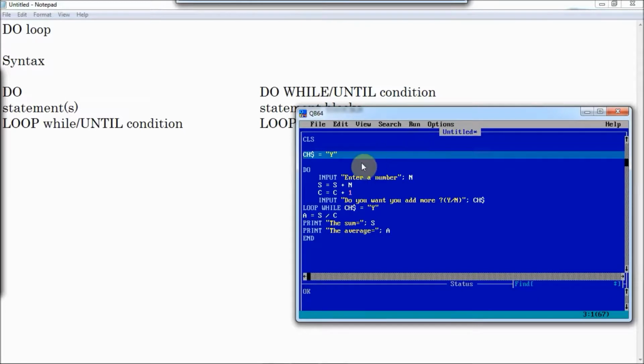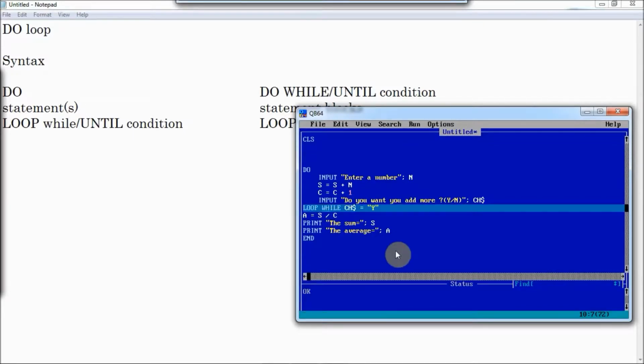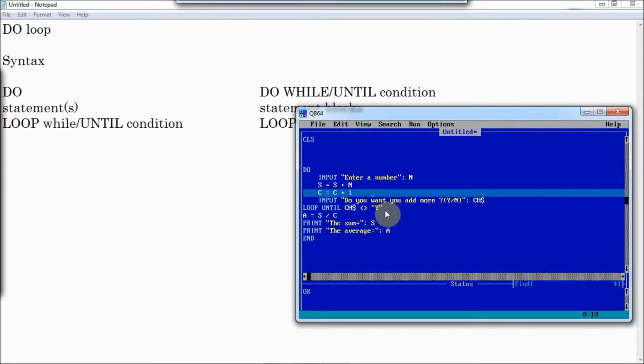Now as I told you earlier, let's remove this one now. Let's try without it also. Instead of while, you write until, and for equals to, it becomes not equals to. Do while CS$ is not equals to y. So the loop must run when the answer is not y.